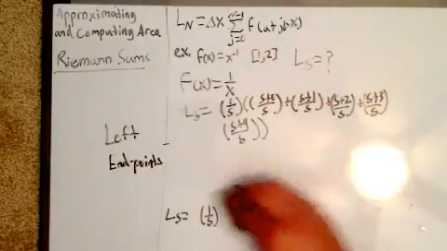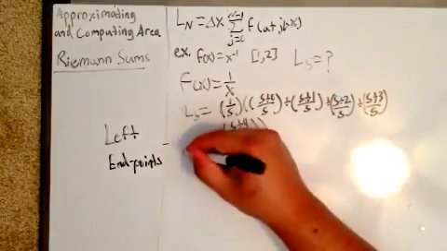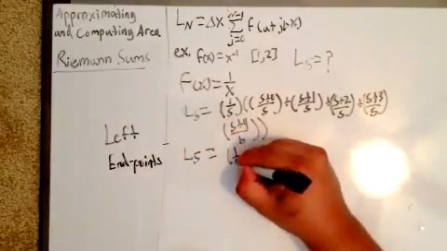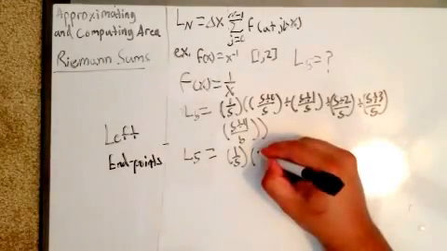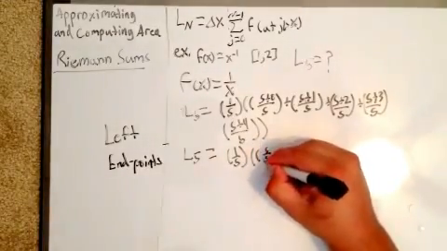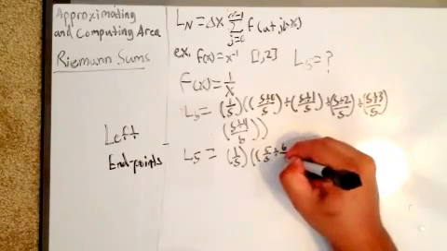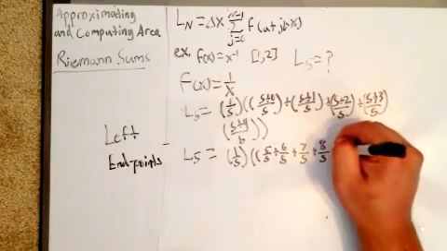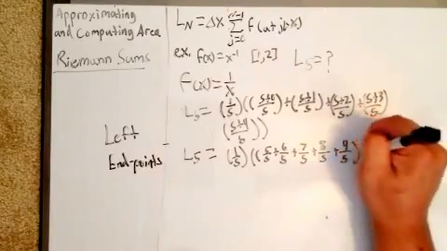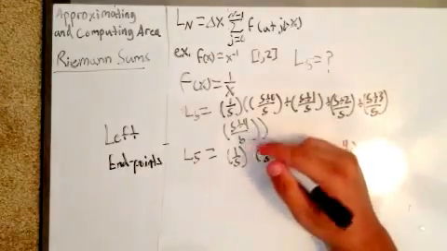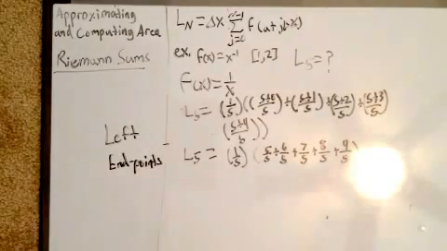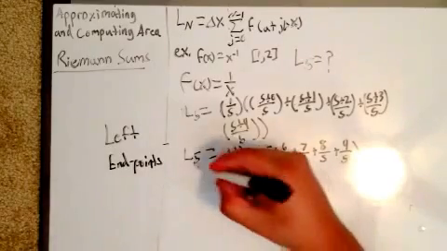So now we're just going to write it out again. L of 5 is equal to 1/5 times 5 over 5 plus 6 over 5 plus 7 over 5 plus 8 over 5 plus 9 over 5. So now if we just add all those up, we're going to get